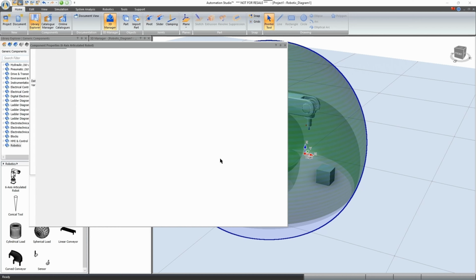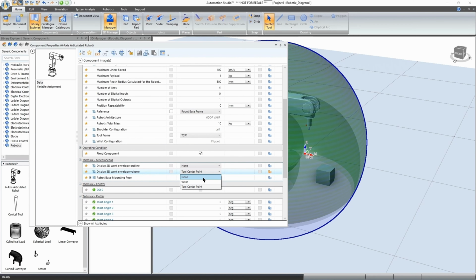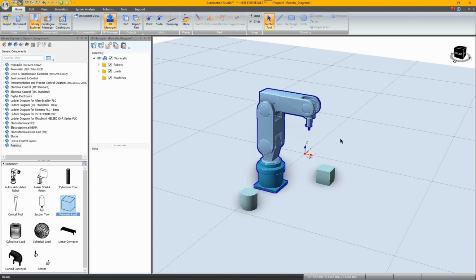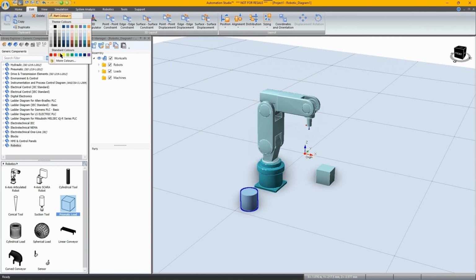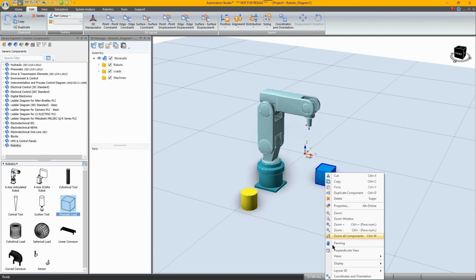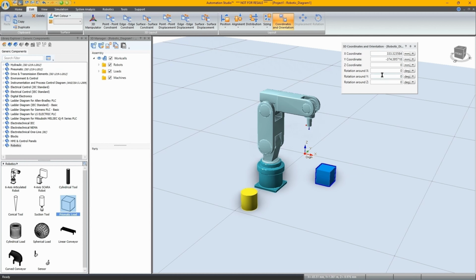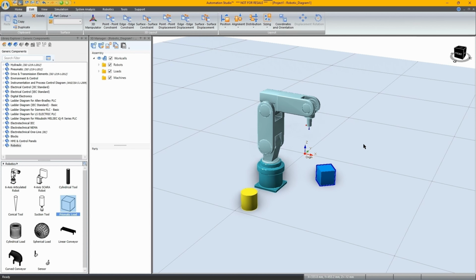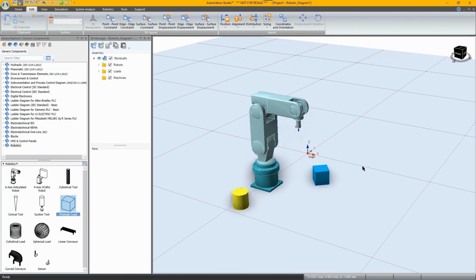I can now remove that envelope display so we can see the environment better. I'll also change, for example, the color of my objects. Let's make it blue like that. And I can also rotate this cube a little bit, for example. So once I have defined my robot and my objects,